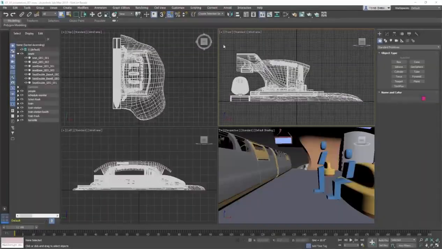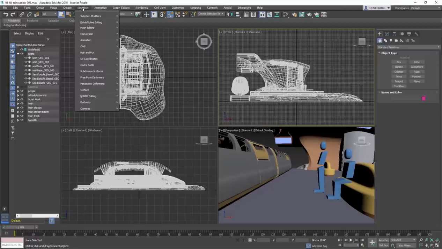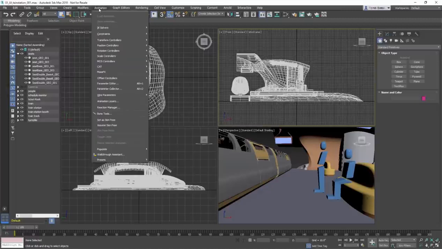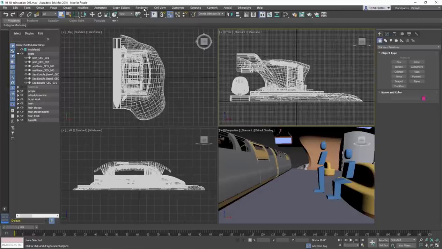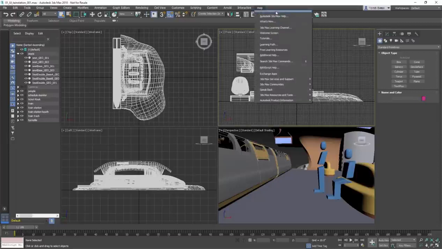Let's take a general look at the user interface. 3ds Max is a Windows application with a menu bar that gives you access to many commands and functions. All the menus are neatly arranged according to their functionality, such as object creation, modification, animation, rendering, and so on. And of course, the Help menu is a great place to go for some extra help as you begin working